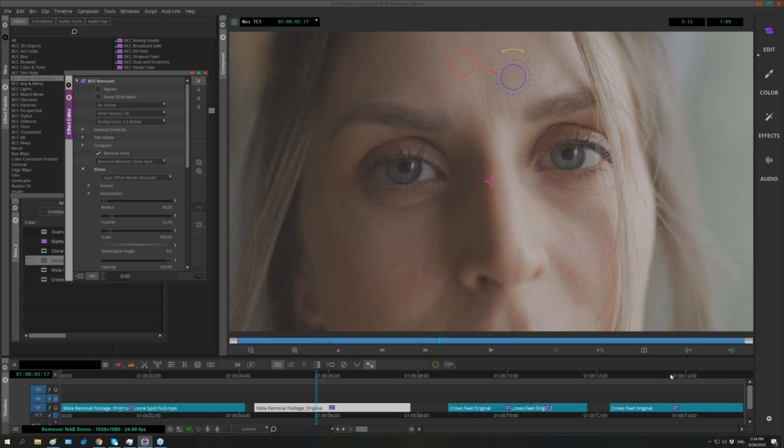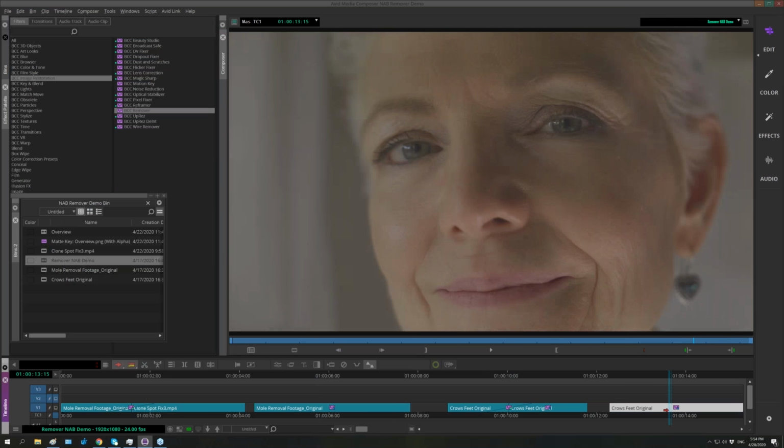We've updated it with Mocha in there so that you have absolute control over the tracking and masking to get really wonderful results. And like I said, I'm working in Avid, but if you have someone working in Premiere and they do the effect there, you can save off the filters, save off the presets, send those directly from AE to Avid, load that directly into Avid and get the same results that you would have in After Effects or in Vegas or any other supported host. So with that in mind,